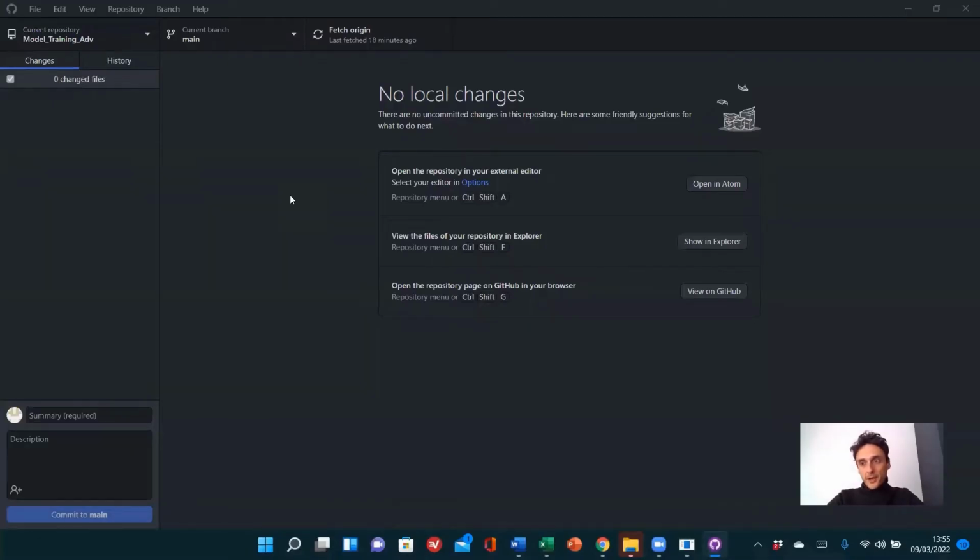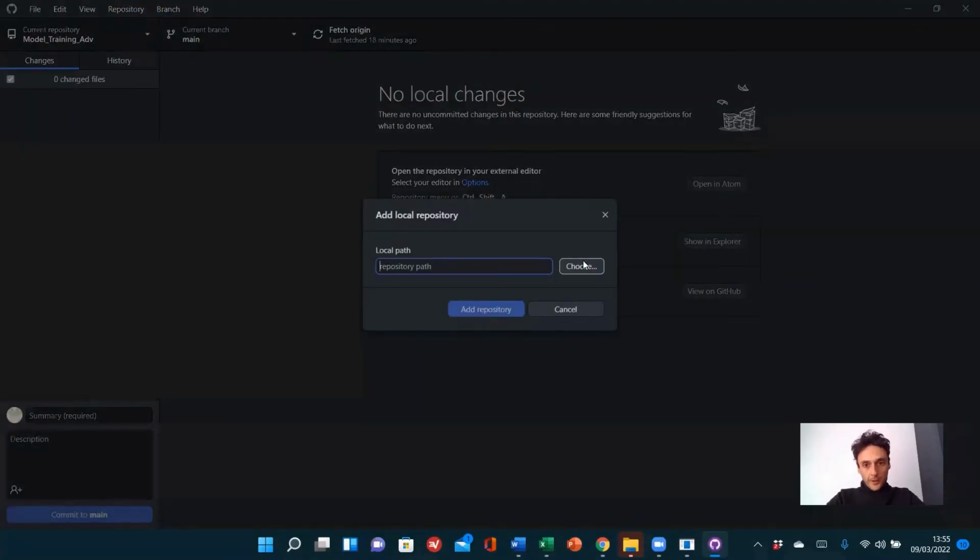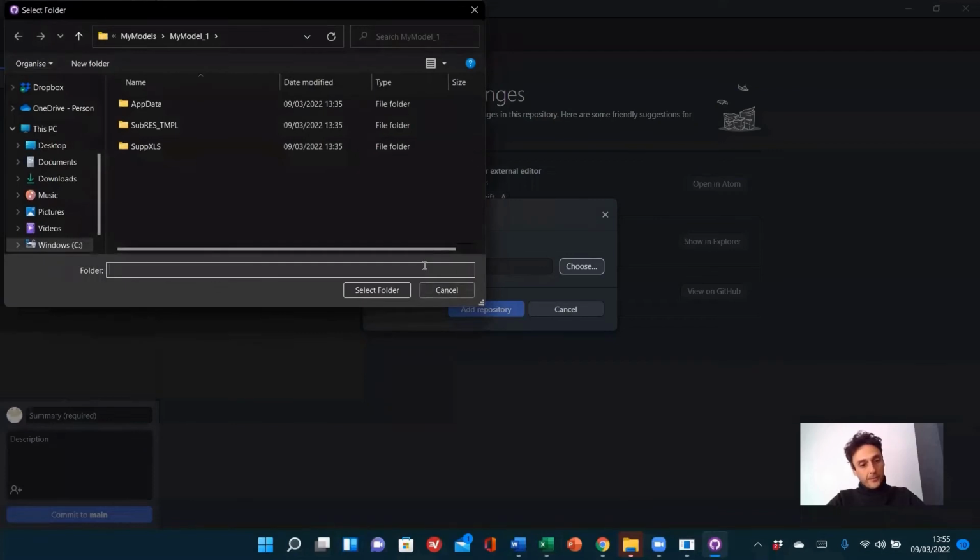Let's start now with the creation of a new repository. There are a few steps to follow. First, go to your GitHub Desktop, then move to File, and for example, click on Add Local Repository. Here you can choose the local path where your model actually is. In my case, it's under C, VEDA models, and under a folder which is called My Models, and I can